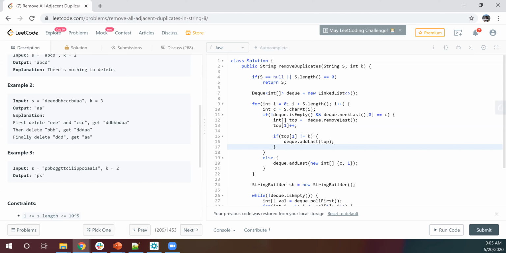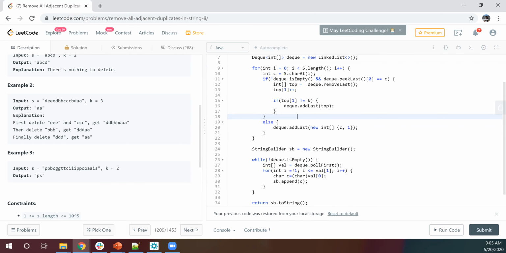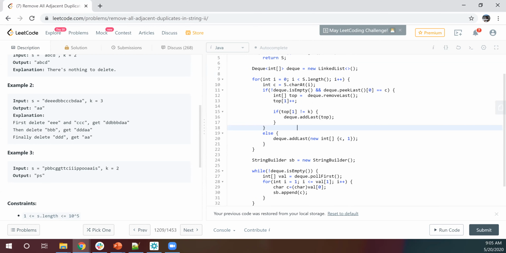But the only thing is, when you actually go through the string and erase those elements wherever you find duplicates, then the size changes, as you said. Therefore, the s dot length will always change. Here, in your case, you are doing a different implementation. That's good. But where you actually try to remove some of the elements, your size changes if you are in a for loop, so you have to take care of that also.